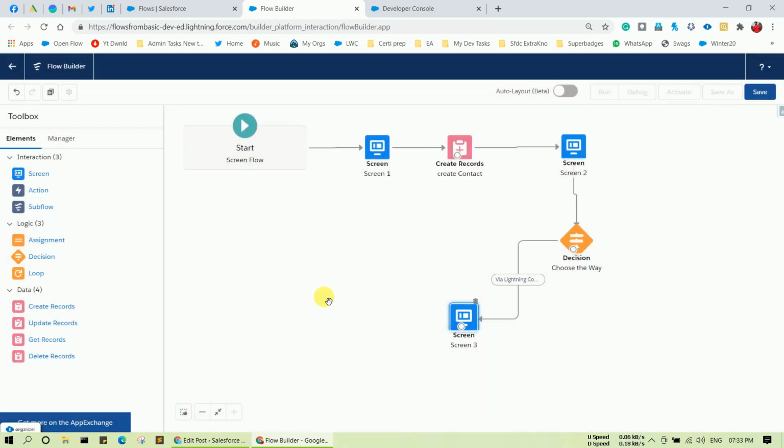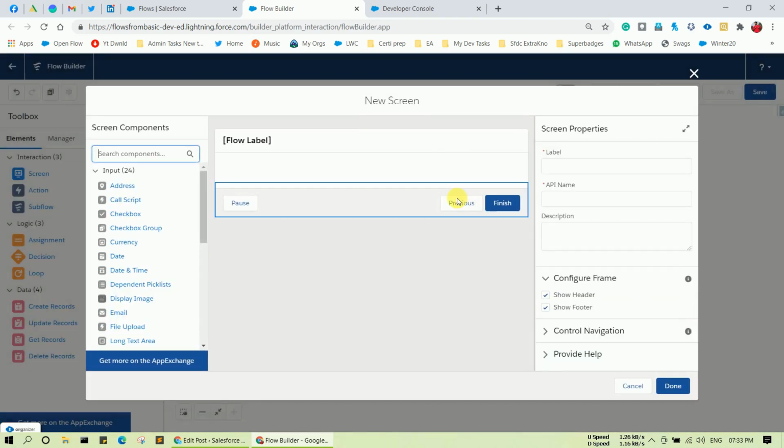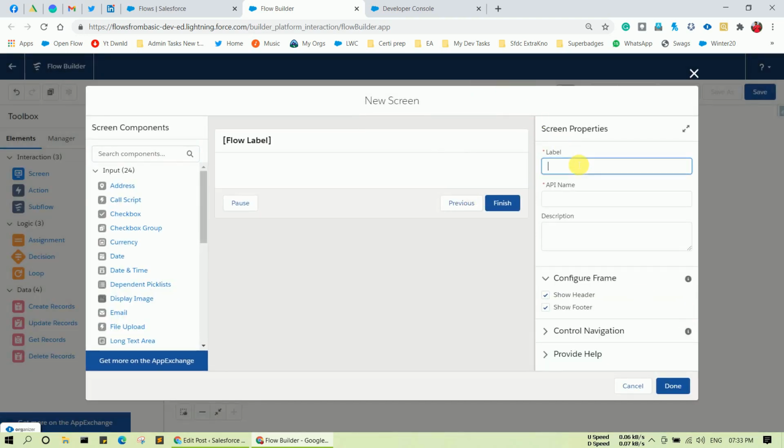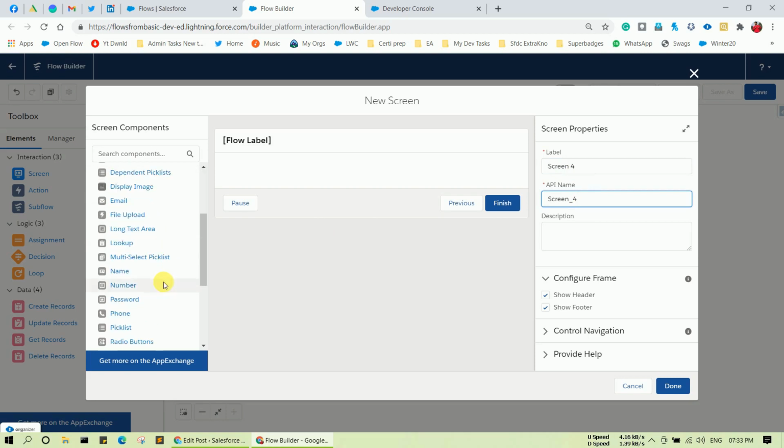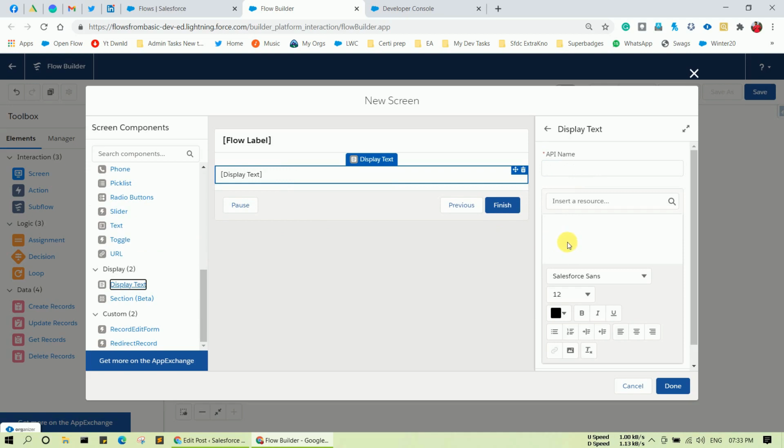After that I have to use another screen for solution B, which is by display text. So provide screen 4 over there, and from the screen components let's drag and drop our display text to the screen.